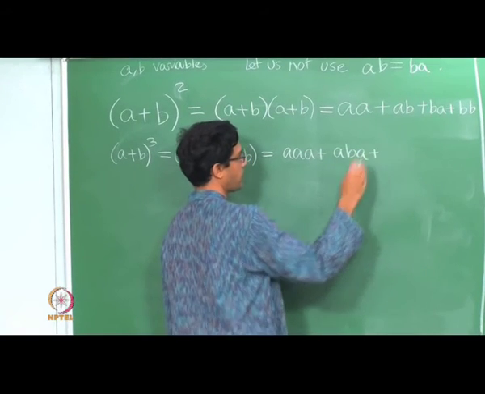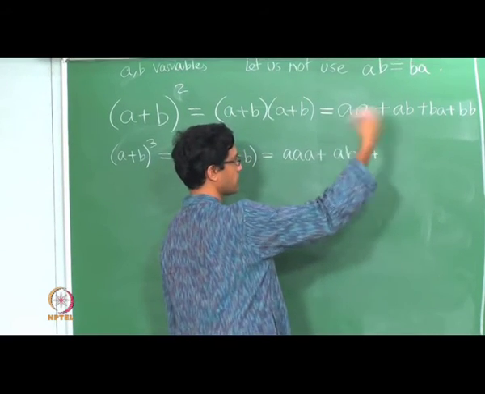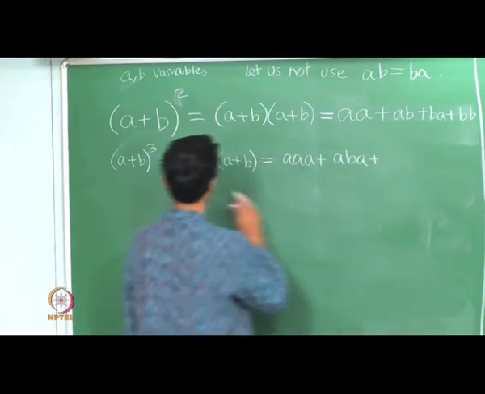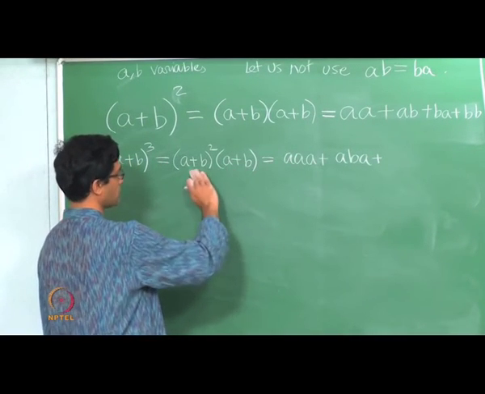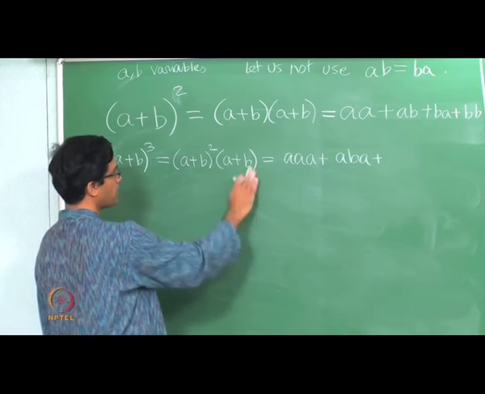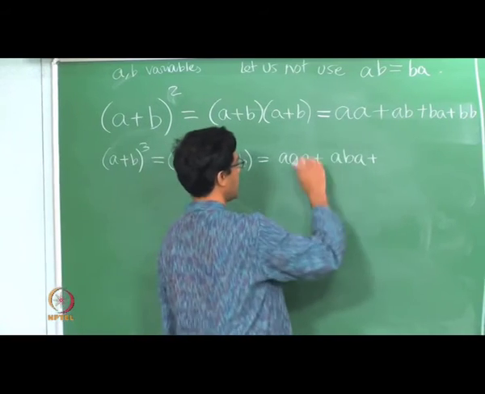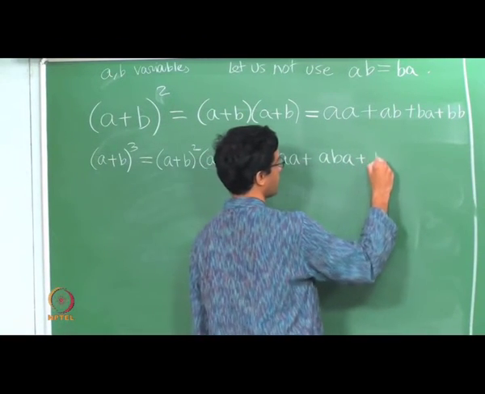So again, if you want to compute (a+b) cubed, it's (a+b) squared further multiplied by an (a+b). So I know what (a+b) squared looks like. To that I need to attach an a on the right and a b on the right and add them up. So it's AAA, ABA, BAA,